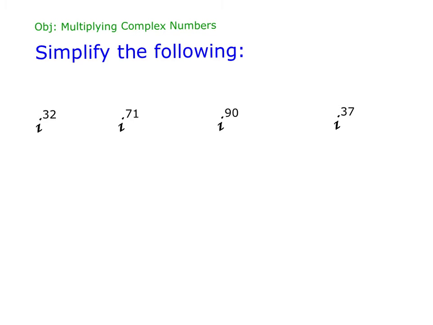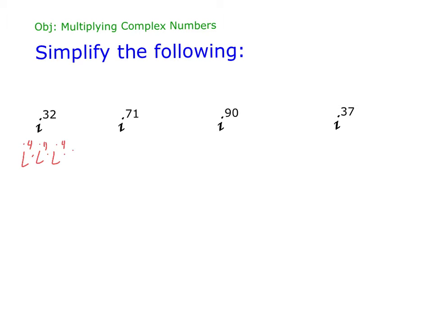So if I have i to the 32, how do you think we could simplify that quickly? Every 4 i's, we start over and it's 1. Right? So how many i to the 4ths go into 32? So I have 1, it gives me 8,